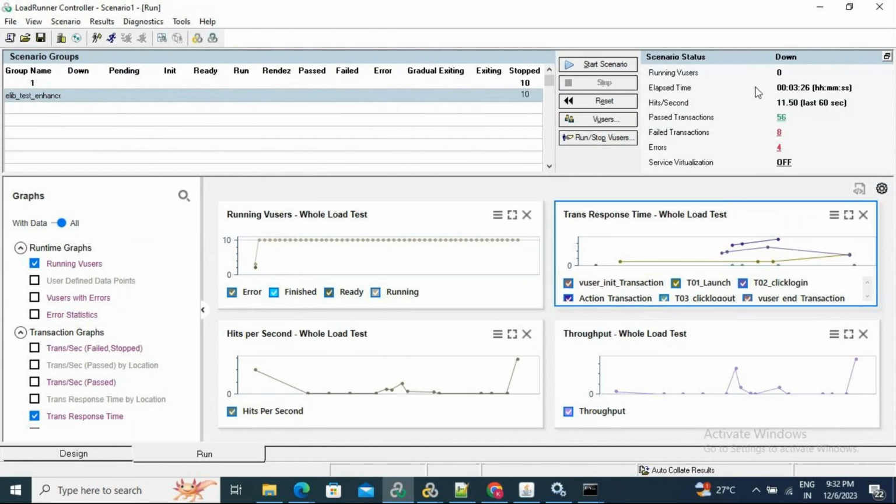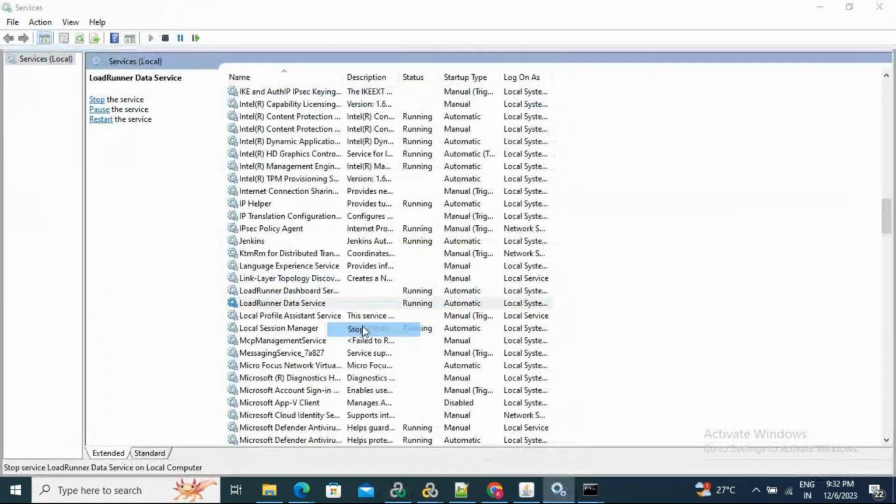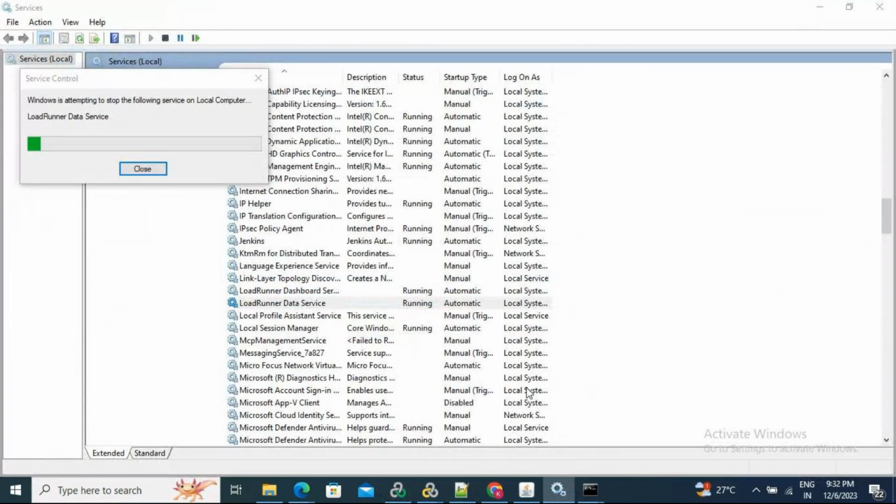Yes. Can you see the running users come down to 0? Okay, the test has stopped now. So after this, once execution is completed, we need to analyze the test results. Okay. So I forgot to show you